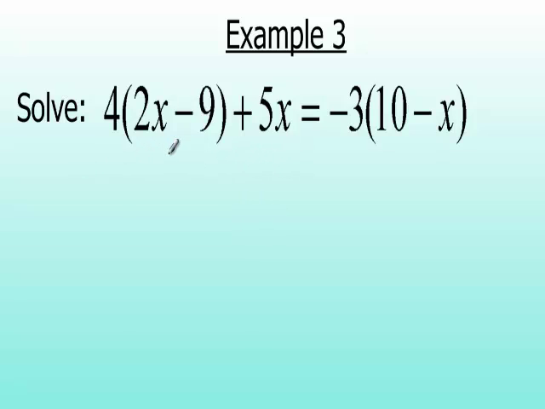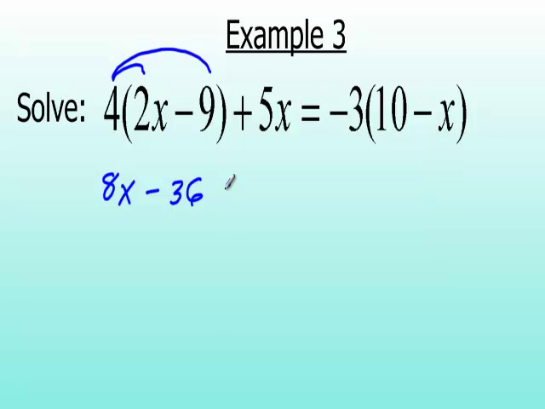What we want to do here is, see, we have a bunch of terms to the left here and a number of terms to the right. We want to simplify these before we start solving. This is a mess, so I want to make this a little bit cleaner and easier to work with. So I'm going to start off by using the distributive property. Remember, that's when you have a number outside the parentheses and you multiply it with everything inside those parentheses, and that's going to leave me with 8x